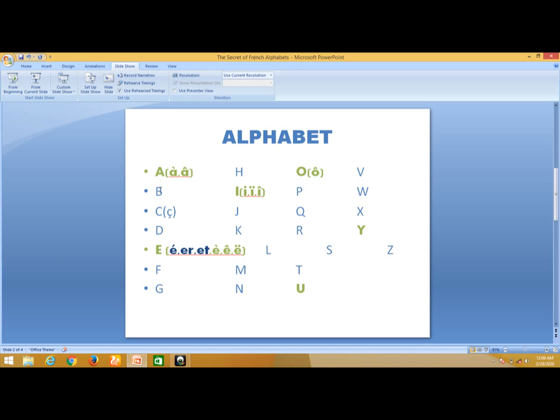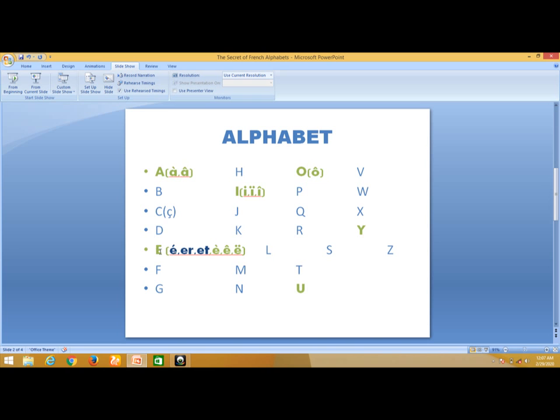So the consonant letters are pronounced almost the same way as we do it in the English language, but for the vowels we do have some challenges. So for this, for example, you can see it is called A instead of A. So when you see an accent on top of it, it's still A. Don't be confused, it's still A. Let's come to the second vowel. So this is A, this is A. Look at this, this also is A.